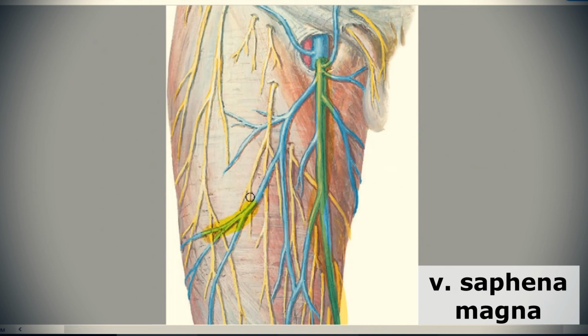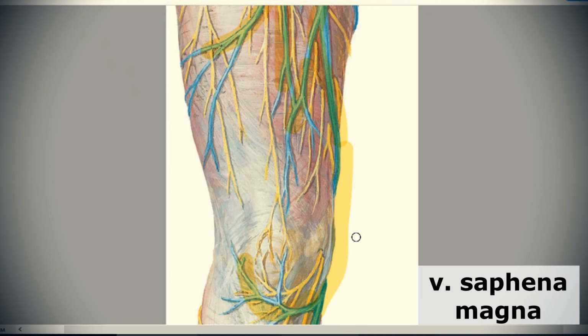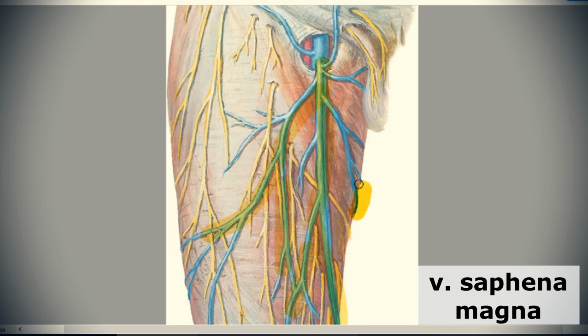Vena saphena magna has a lot of tributaries. It drains blood from all your hip region and leg region,